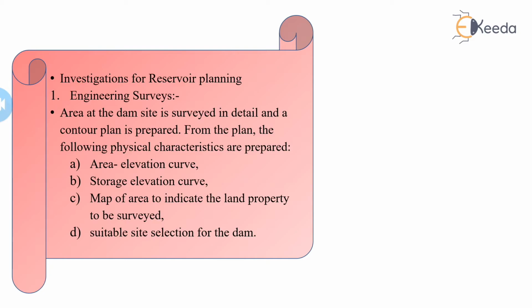So we have a trapezoidal as well as a prismoidal formula. The volume of storage corresponding to various water surface elevations may be calculated, and the curve may be plotted between the elevation and storage. Once we have done the block contouring, we have the contour, we have the elevation, and the area on which we are going to do this survey. So we have the area, we have the elevation.